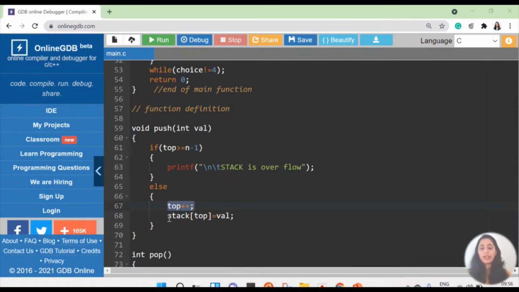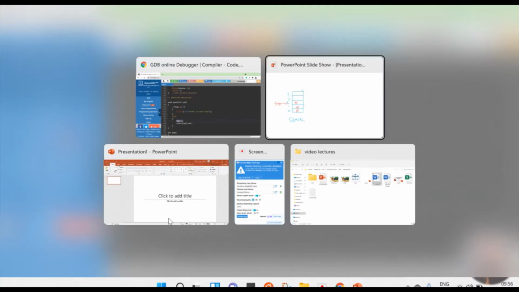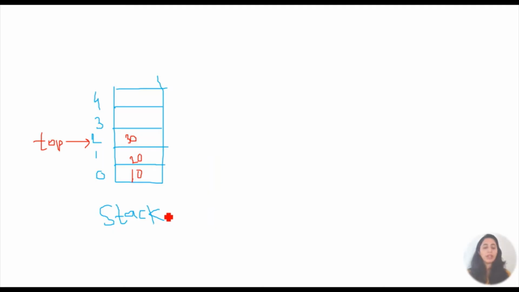Now if you want to see it in detail, the diagrammatic representation, we can go and check over here. You can see this is a stack of size 5 from location 0 to 4, and I have a top variable which is pointing to the topmost value. In my stack there are 3 values right now. So my top is equal to 2, which is pointing to 30. If I want to add a new value, say for example the new value is 40, what should I do?